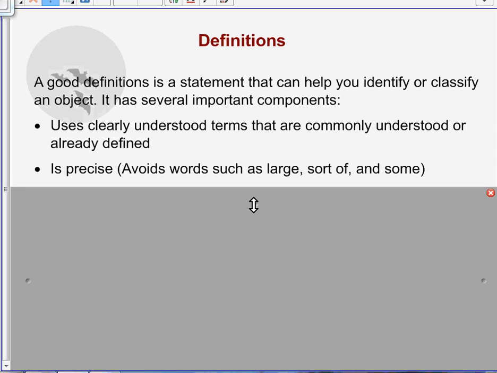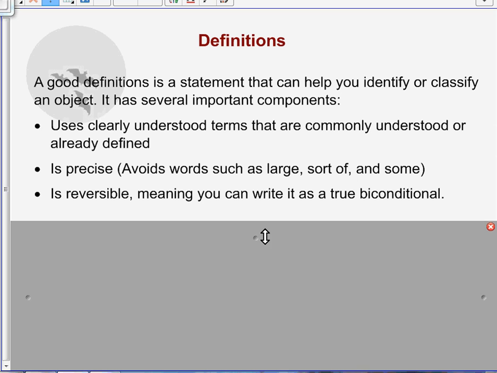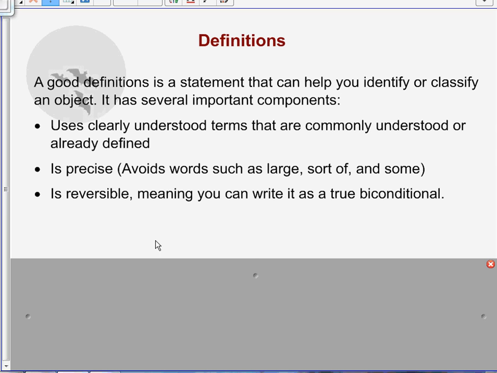Okay? All right. It's precise. It avoids words such as large, sort of, and some. Okay? You don't want to make it really vague. All right, and the last one is it's reversible, meaning you can write it as a true biconditional. So, for example,